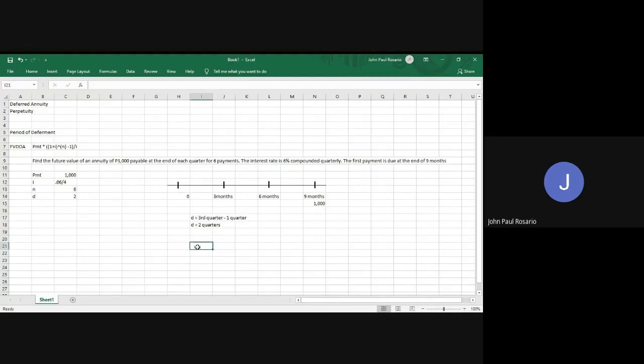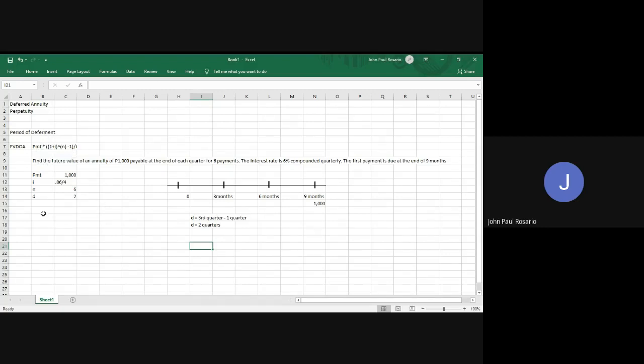Okay. So with that, di ba ingon ta nga kung sa future value of deferred ordinary annuity, iyang formula is same lang gyapon sa future value of ordinary annuity. Now, in the formula, mag-matter ba si D or wala? Period of deferment. Actually, dili siya mag-matter. Kaya again, wala man siya na-appear sa formula.